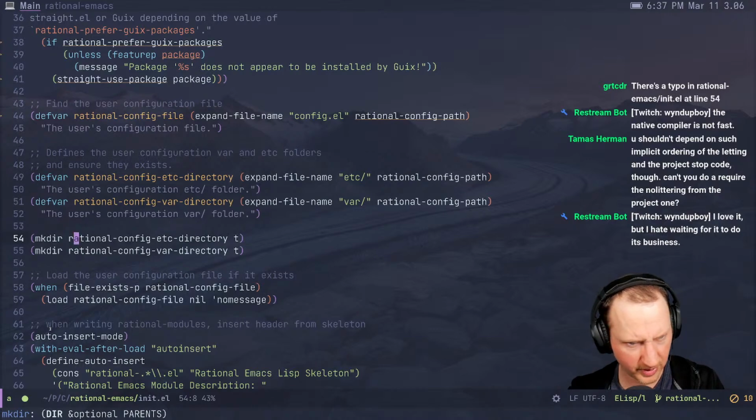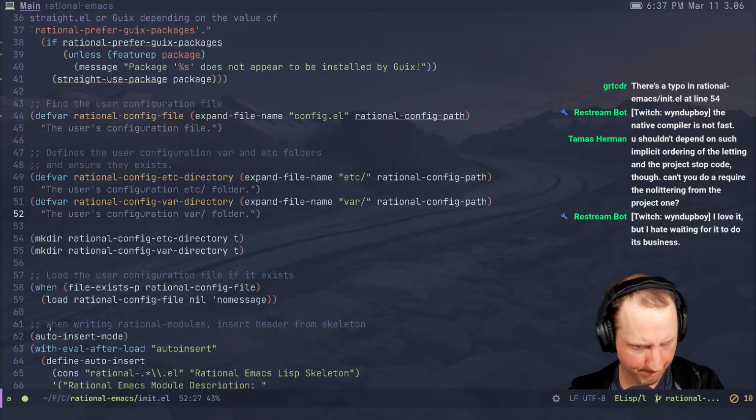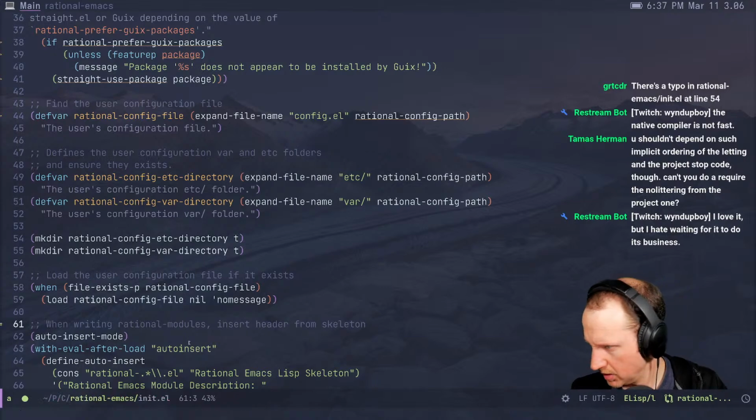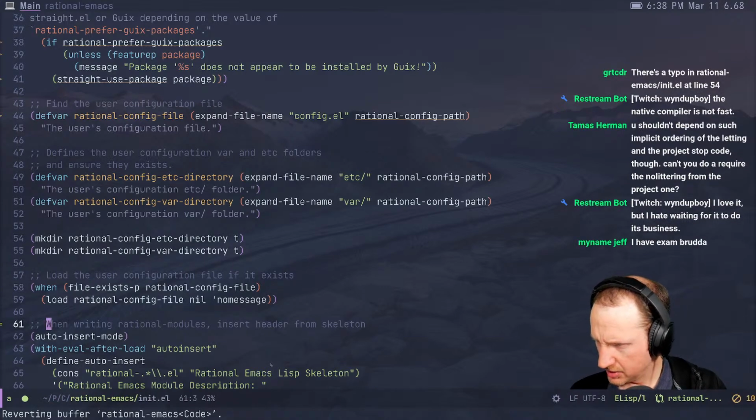Where's the typo? Unless I change the line. Rational config, etc. directory. Let me change that to a capital W though. Okay, so